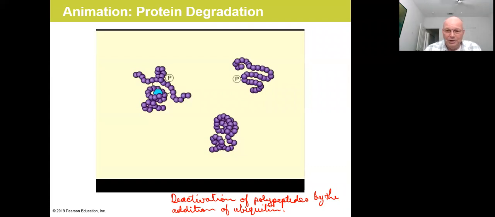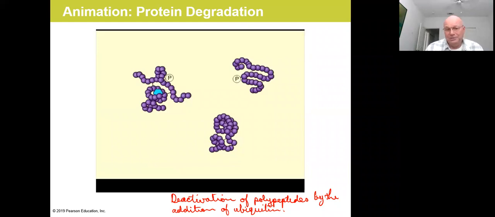They are enzymes that break down proteins, and the resulting amino acids are then recycled back into new polypeptides and proteins. So when a protein has served its function, when it is no longer necessary, it gets tagged with ubiquitin. That signals that it should now be broken down. These big complexes come in, break them down, and recycle the amino acids back to be used for generating new